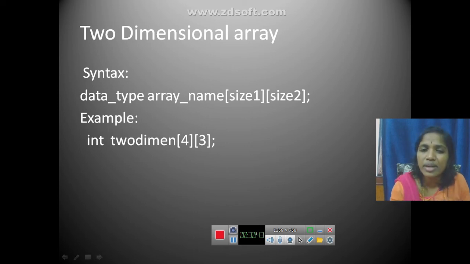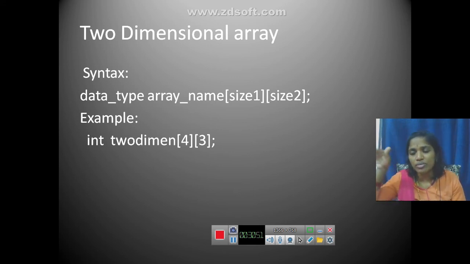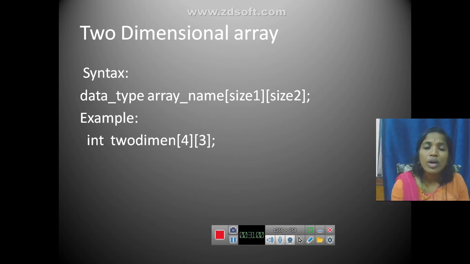You can imagine a matrix here. It is given with the array name followed by the number of rows and followed by the number of columns.